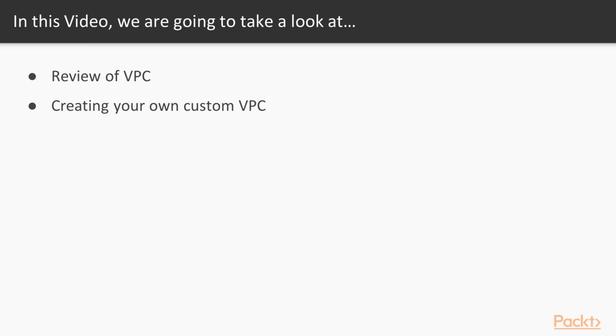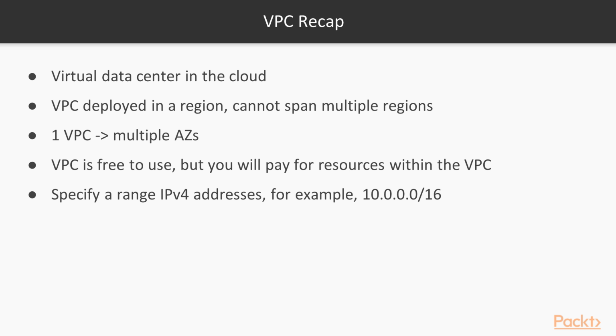We will review what we have done with VPCs, how we can create our own custom ones, and the defaults for each. A VPC is a virtual data center in the cloud. A VPC is deployed within a region, and it cannot span multiple regions. But one VPC can span multiple availability zones. VPC is a service that is free to use, but you'll have to pay for the resources that are deployed